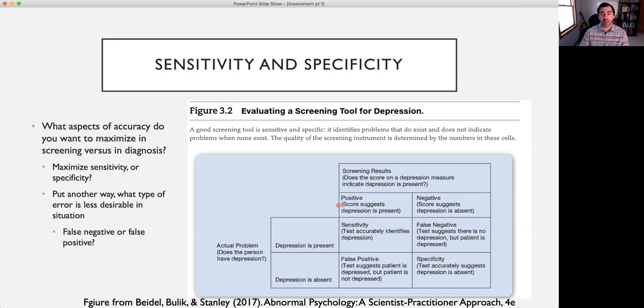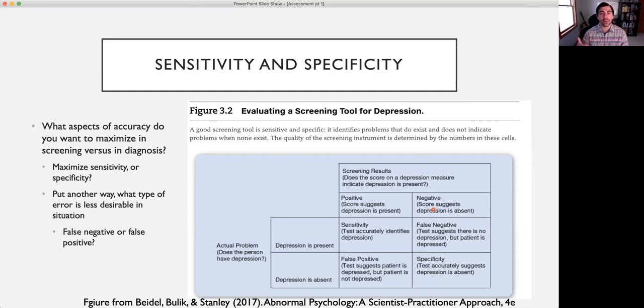So we can either have a positive result on that screening questionnaire, meaning once we have a threshold that's established, or as we're establishing a threshold, we're saying that a score above whatever number we're looking at suggests that depression is present. So again, on the PHQ-2, that score would be a 3. The score of 3 or above suggests that depression is present. And when we're talking about negative, the score suggests that depression is absent. So again, the research has shown, in the process of developing the PHQ-2, that scores of 2 or less on that 2-item measure indicate that depression is absent. So again, it's suggesting that depression is not there.